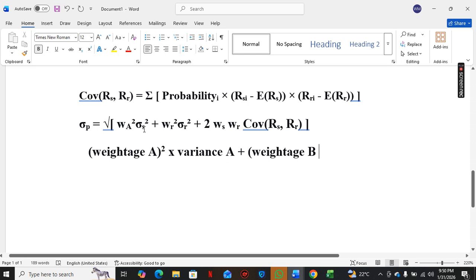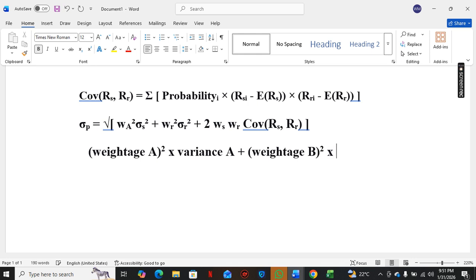This variance is just like the standard deviation squared, okay, colleagues? Variance is the standard deviation squared. And we already calculated it when we were getting the standard deviations for each of the portfolios, okay? Weightage of B squared multiplied by variance plus